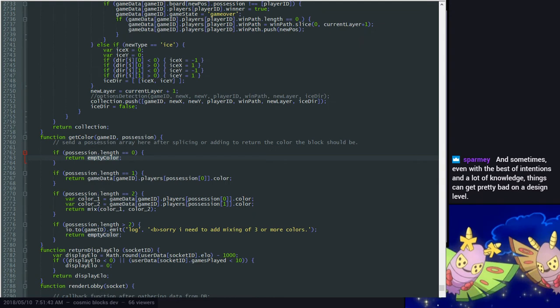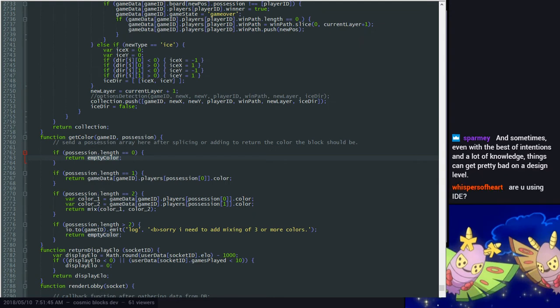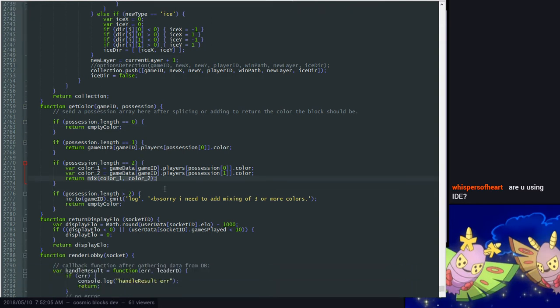Next place is here. So this is again, I'm using Notepad++. Okay, so this again is returning a hex string. And I even have this function, mix, that actually mixes two hex colors together. See, what I'm doing is I'm grabbing